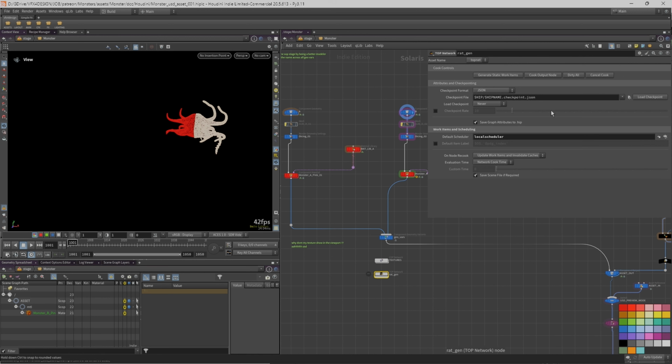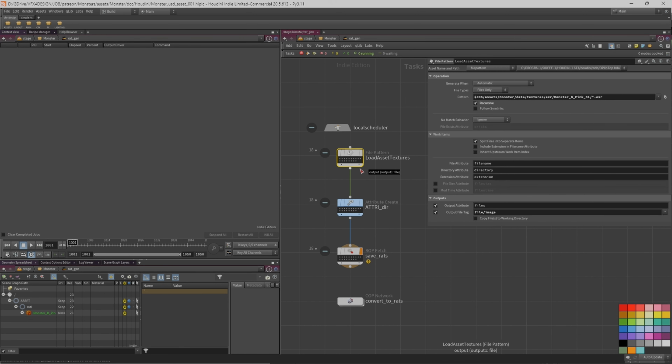So I'm going to Dirty Alt, generate static work items. Now, something that caught me out the other day is if you already have a folder with those in, this thing will complete instantly and it won't make any changes. It won't make any commitments. And it was to do with